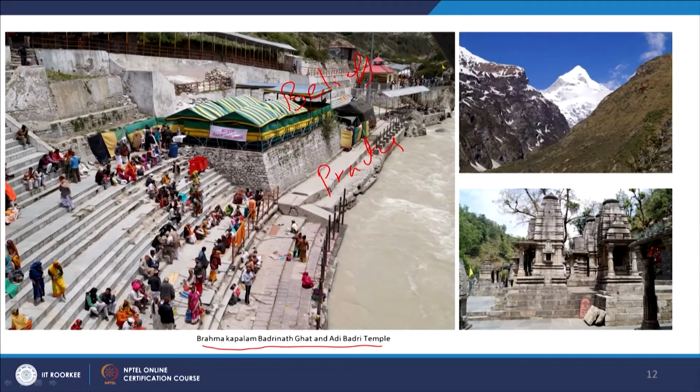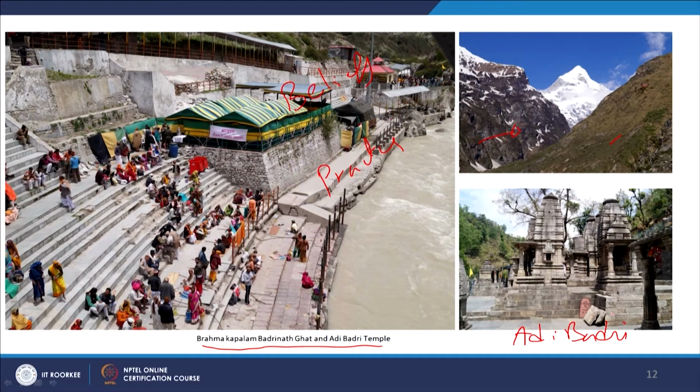Within, they're all building certain performatives, and it is adding meanings to that particular place. In fact, when you look at even certain views to those mountains and certain landscapes, and even this is a temple called Adi Badri. This is in an ASI area, and the Archaeological Survey of India have just retrofitted it, and they are maintaining it.